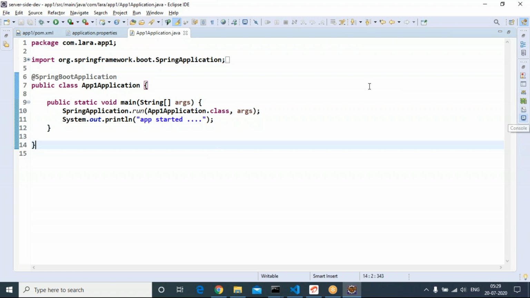Now, let me develop one simple hello world API and give a call from the browser. A simple hello world. It won't take more than 2 minutes. Remember, everybody? Public String sayHello.